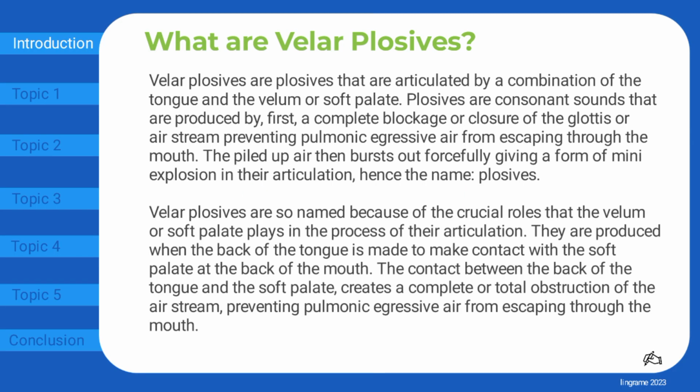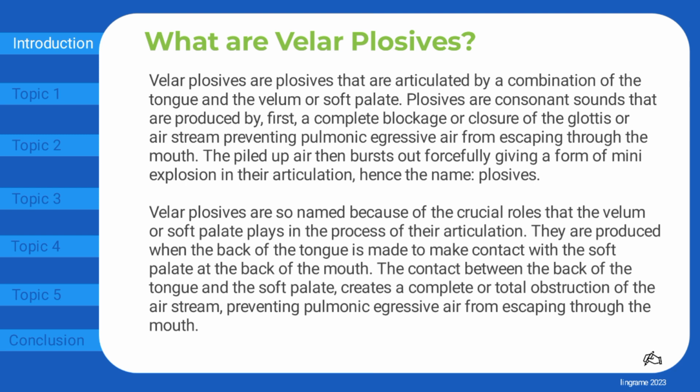What are velar plosives? Velar plosives are plosives that are articulated by a combination of the tongue and the velar, or soft palate. Plosives are consonant sounds that are produced by, first, a complete blockage or closure of the airstream, preventing pulmonic egress of air from escaping through the mouth. The piled up air then bursts out forcefully, giving a form of mini explosion in their articulation, hence the name,